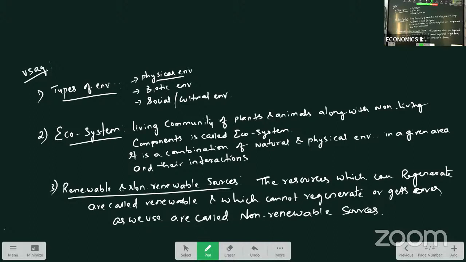And this completes your environmental economics chapter. And in the next class, we are going to start an important chapter, that is Telangana economy, right? Where you will have LAQ, SAQ and VSAQs. Compulsory 1 LAQ, compulsory 2 SAQs and 2 VSAQs you will get from that chapter. In the last chapter, you have more weightage.